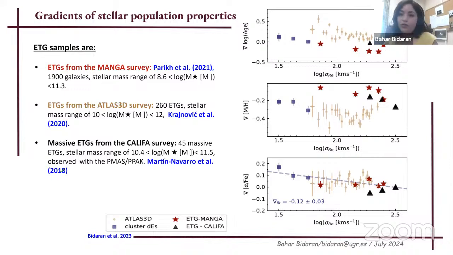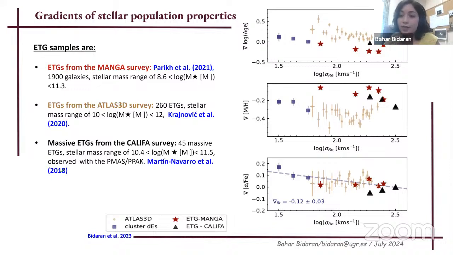And I'm showing this to emphasize the method that we use and understanding the systematics that different methods can introduce to the results that we have. We can discuss this later if you are interested. But what was interesting to us at that time was that despite all these differences that we see in age and metallicity, for alpha over Fe, all the studies seem to agree with each other. The scatter or discrepancies are minimal there, and adding dwarf galaxies to this relation, we found a negative correlation